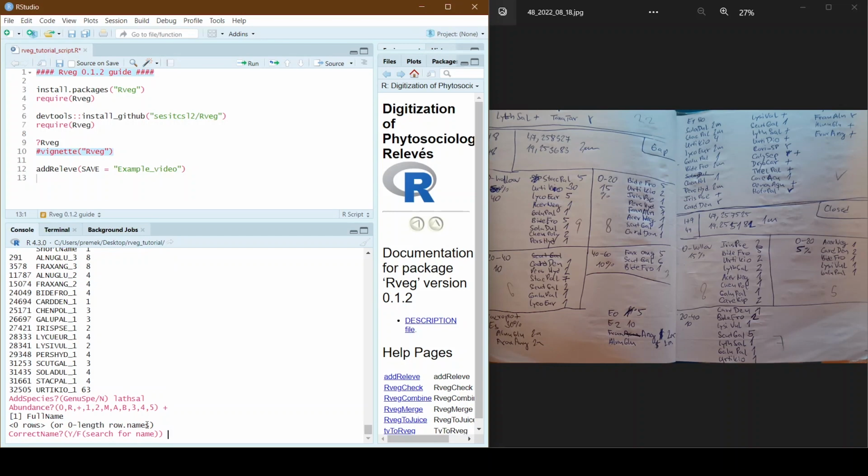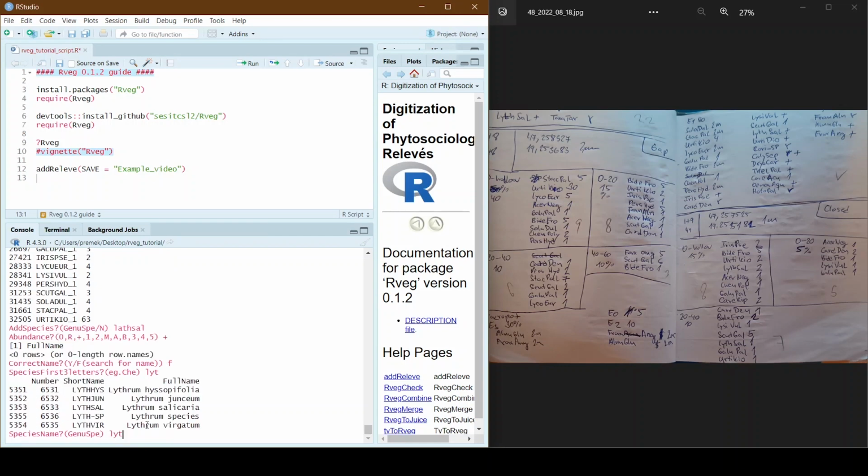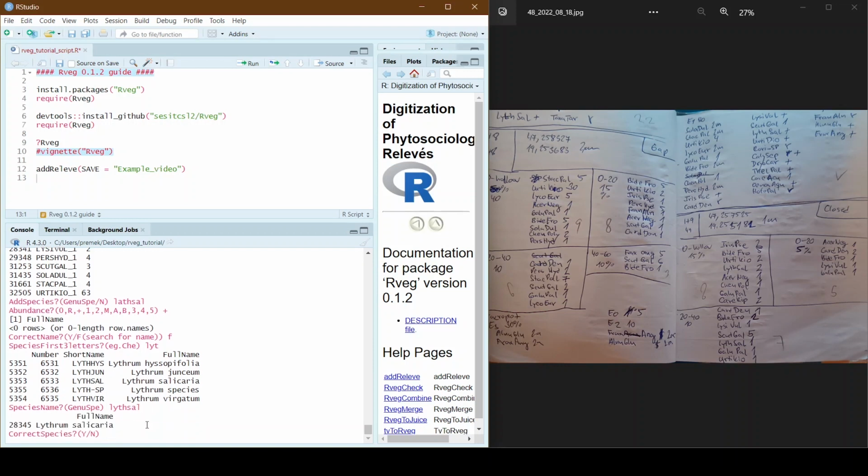I made a mistake here. I know. So for this one, the double check is very useful.